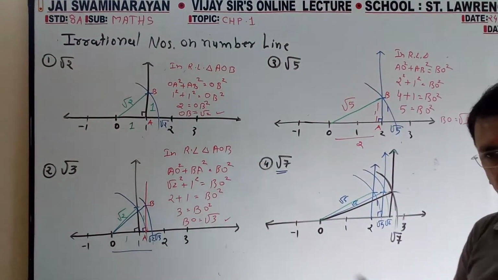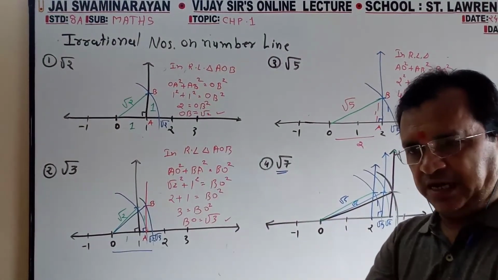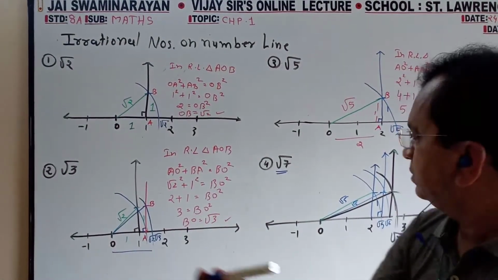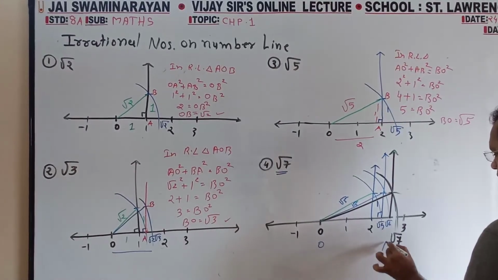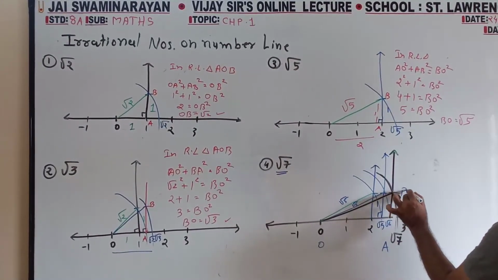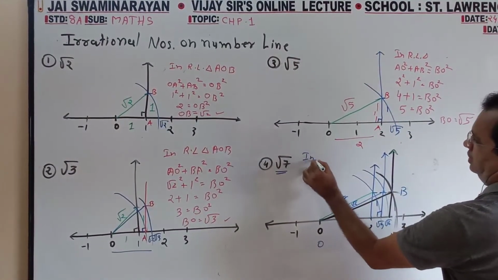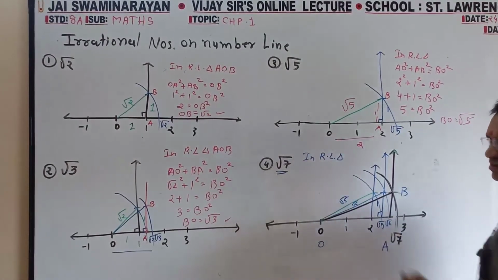Now how to show calculation. O, A, B. So in right angle triangle,